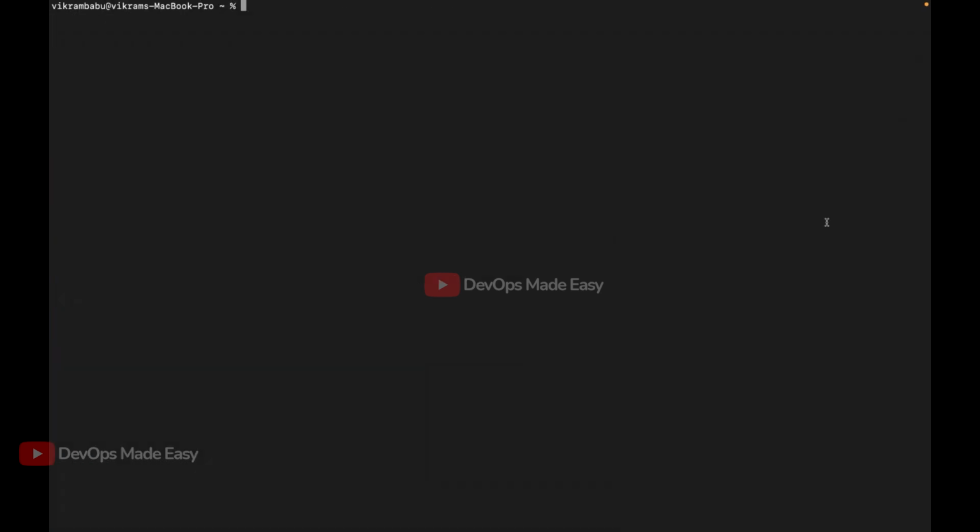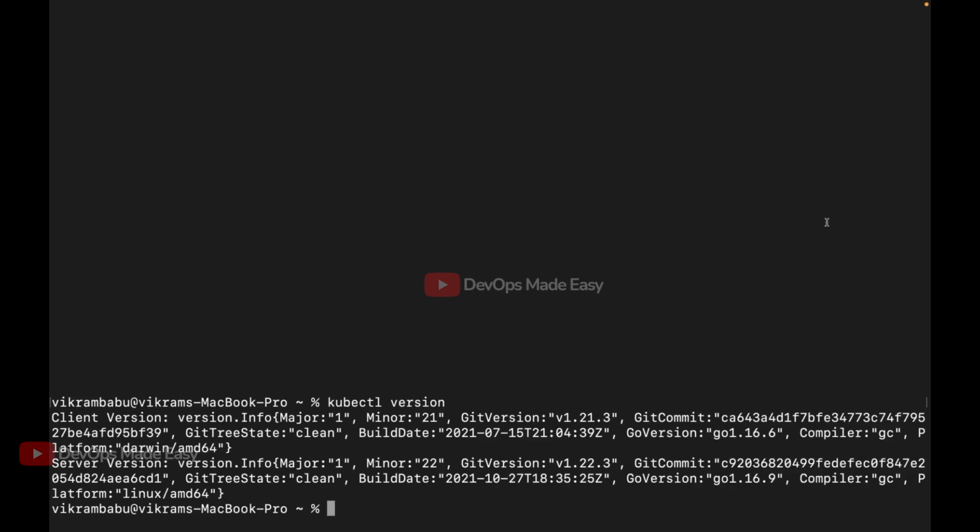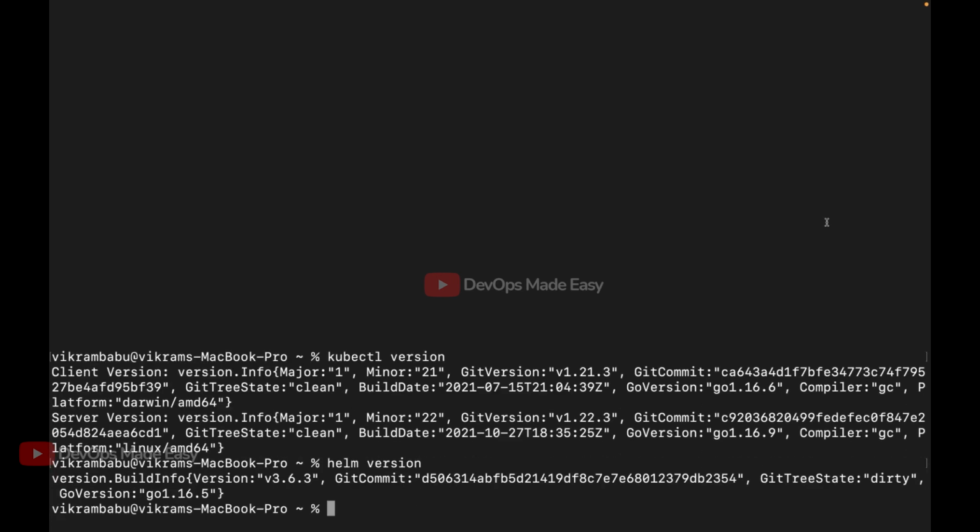At the same time, I should also have the Helm CLI and kubectl CLI installed. If you use kubectl version, you can see that I have kubectl installed, which is version 1.21. If you do helm version, I also have the Helm CLI installed, which is version 3.6.3. Maybe this is not the latest version, but it is just enough to download the Helm chart for Jira. Now let us go to artifacthub.io and see which chart for Jira to download.